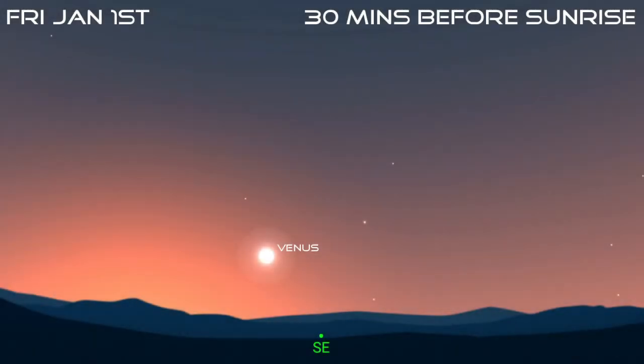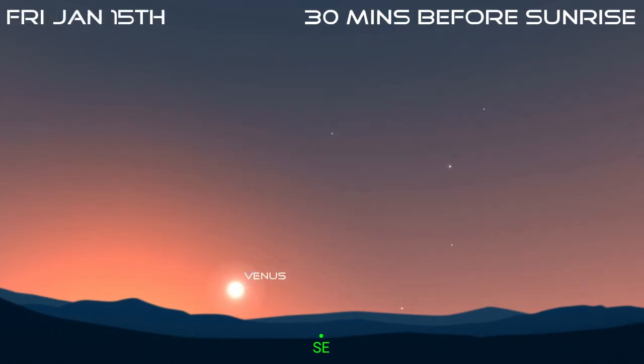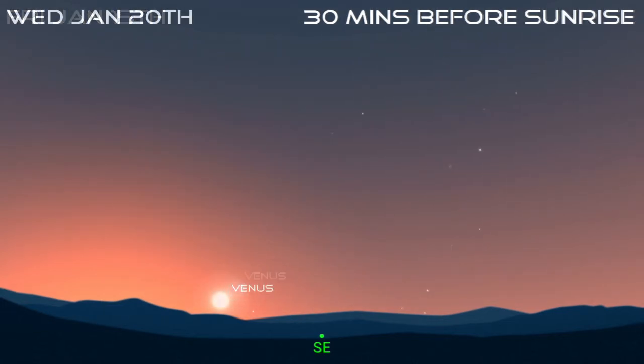Lastly, we come to Venus in the pre-dawn sky. It rises about an hour and a half before the Sun on the 1st and appears as a brilliant white star above the southeastern horizon. However, like Jupiter and Saturn, it will disappear within the Sun's glare by the end of the month. If you have a clear view of the horizon, you might still be able to catch a final glimpse of